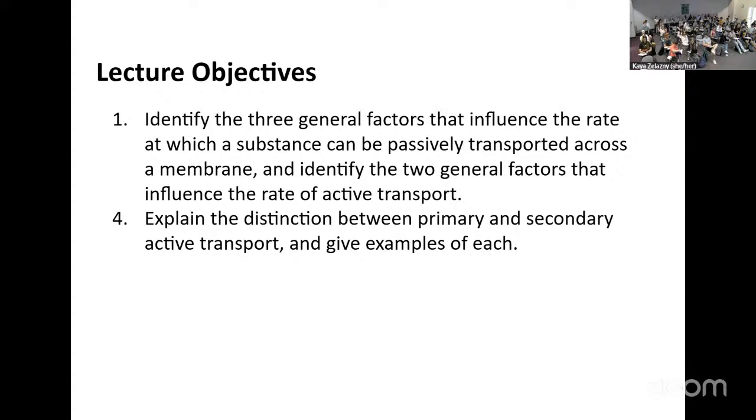And we talked about facilitated diffusion, so molecules that can't get directly through our phospholipid bilayer because they are polar, maybe they have charges, or they're just big, but they can use a carrier protein to get carried across the membrane. And we had talked about diffusion channels that basically act as pores in the cell membrane, allowing things like ions